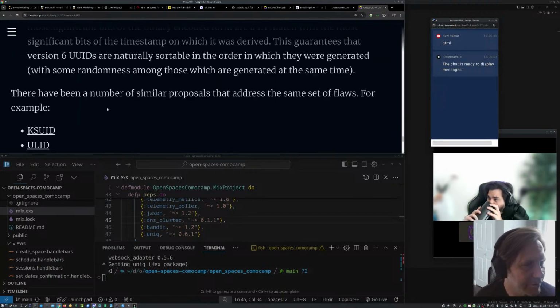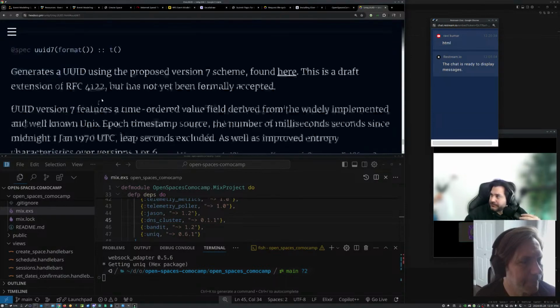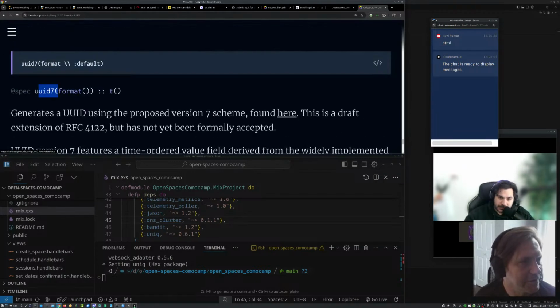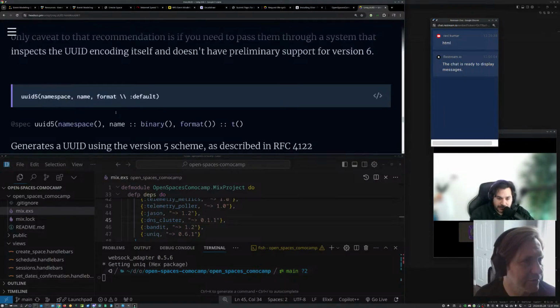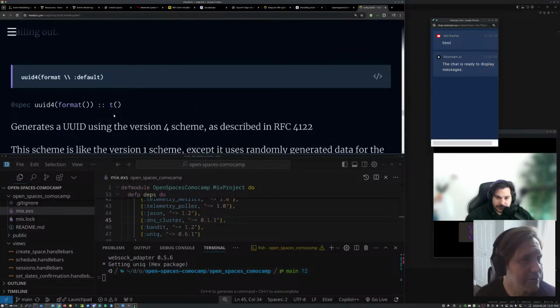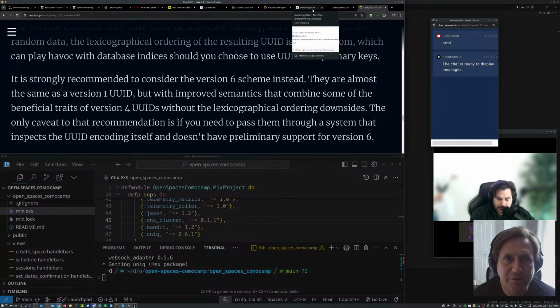So that's really good. Yeah. Very cool. Okay, UUID 7. Okay, maybe this is a whole list of all of them. This is 4. UUID 4. Awesome. Okay, so now that I know how to use this, sort of, let's go back to the other documentation.